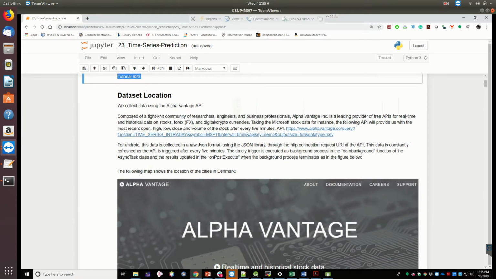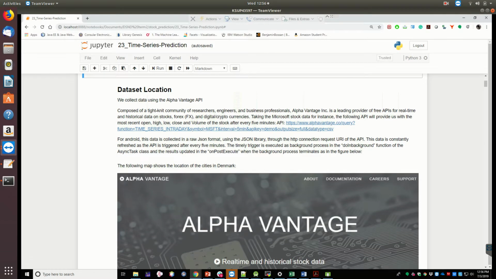The dataset, we collect from the AlphaVantage API. It is composed of a tiny knitted community of engineers and business professionals leading in providing APIs for real-time and historical stock forecasting. So this is actually the API key we collect from the AlphaVantage website. So from this API key, for instance,